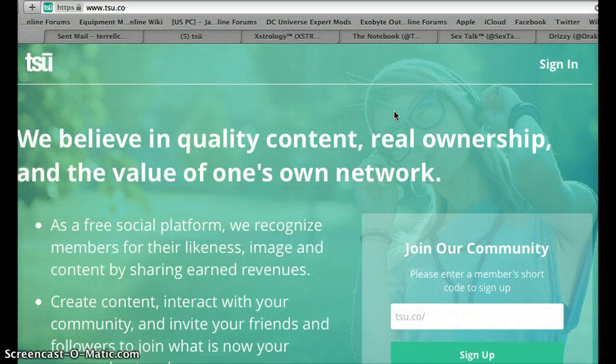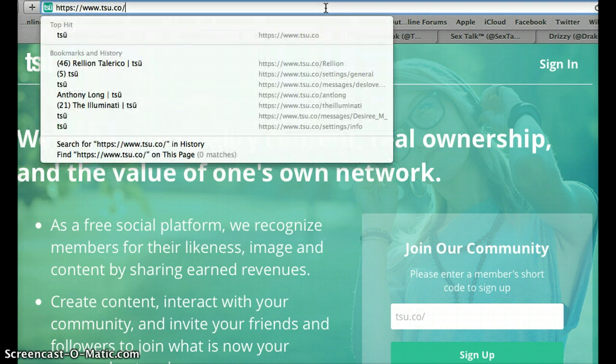For those of you who are not familiar, TSU is a new social networking platform which pays its users for posting content, similar to what you do on Facebook, Twitter, Instagram, and other social networks. Now, in order to join this network, you must receive an invitation code from a user already registered with TSU. So in this example, we are going to use this user's name, which is